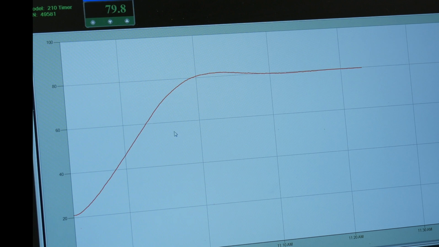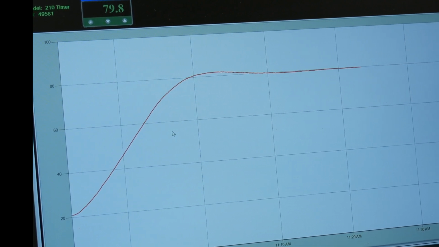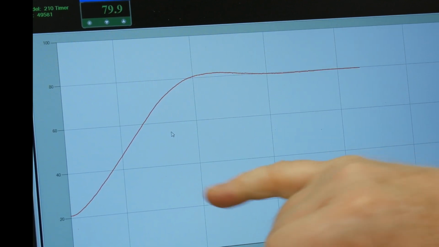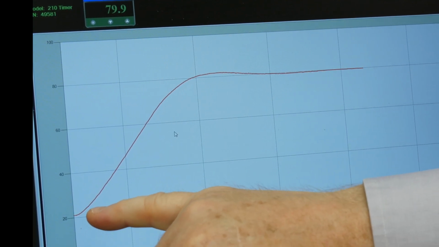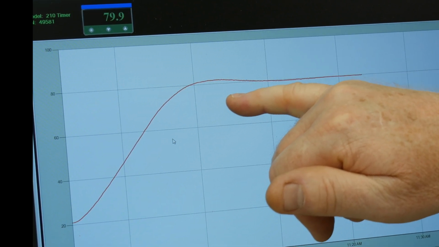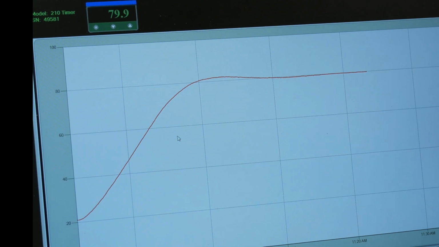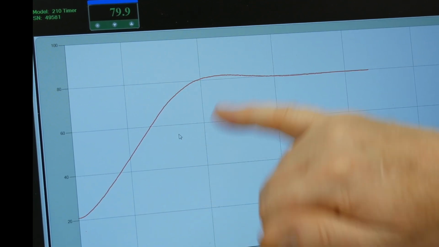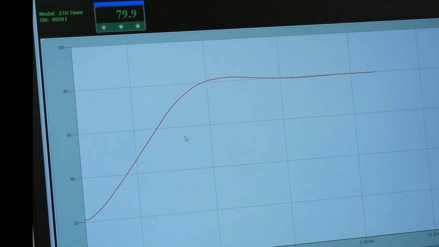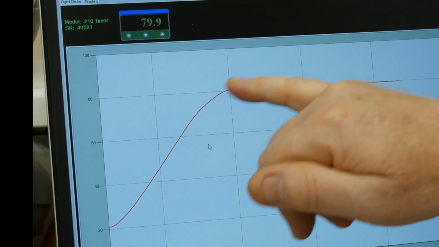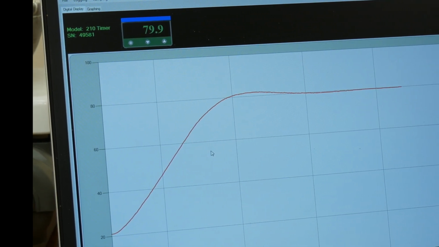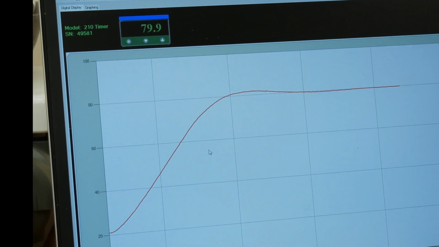0.1 degree indefinitely. The reason for the overshoot is we can get rid of that if you want to, but it's a compromise. If you want to get rid of the overshoot, then the initial heating, the slope of this curve, is shorter and longer. And most chemists would prefer, when they enter a temperature, basically: get my reaction up there as fast as you can. And so it's a compromise. This heats quickly. You have about a 1 degree overshoot, and in any reaction that I know of, 1 degree